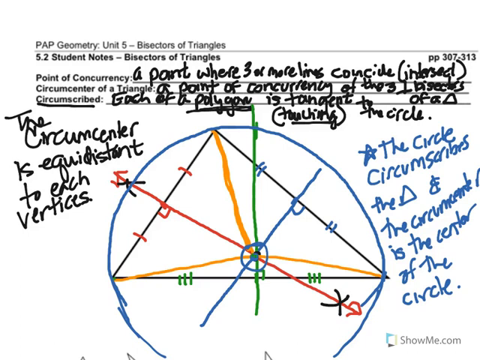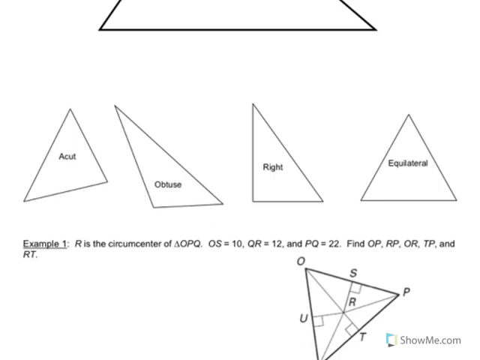Okay? So now what I want to show you is, see the little four triangles that are below, that although this circumcenter is in the middle of the triangle, or on the inside of the triangle, it's not necessarily always going to be that way. So let's take a look at these other triangles. Okay, so on an acute triangle,